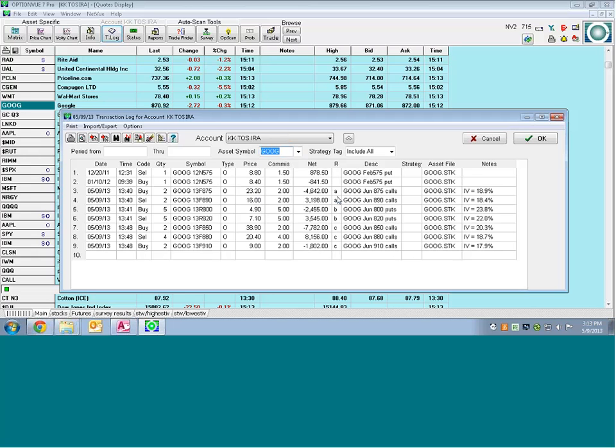And I want to get into this grouping feature, but the reconciliation column is a very unique column in the TLog that I think nobody else, once again, offers, and it's very vital and critical to be using this in OptionVue. The reconciliation column, R stands for reconciliation. The recon field, as we call it, is just 1 character in length, and it's used for 2 distinct purposes. The first purpose is to let you see which transactions have been reconciled